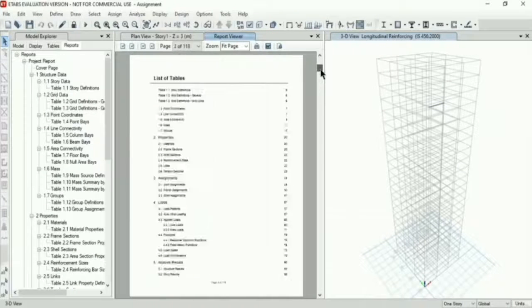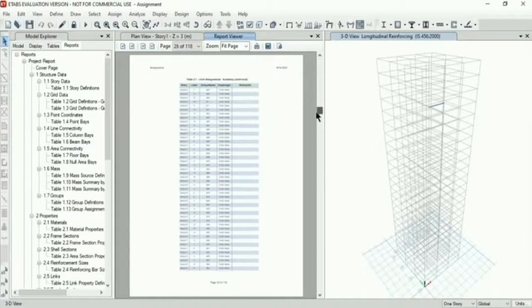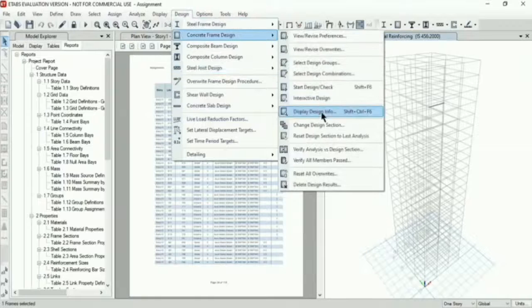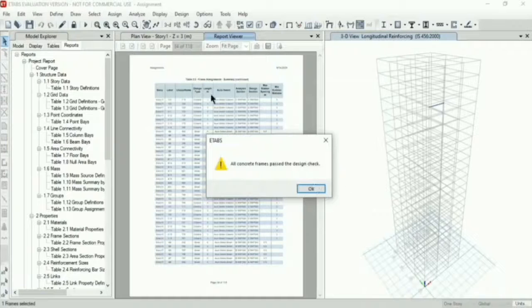So here is our report for our building design. And one more thing I forgot is to verify all members passed. So we will check. As you can see, all concrete members are